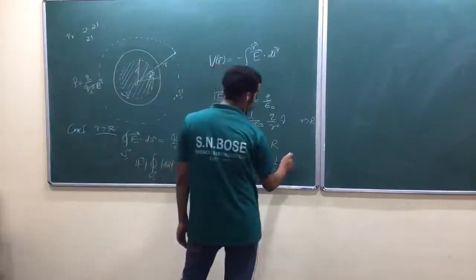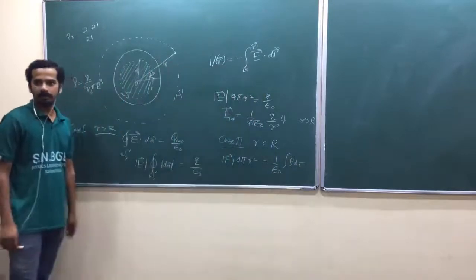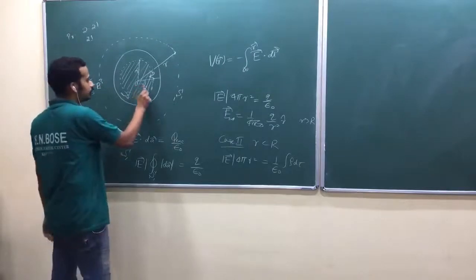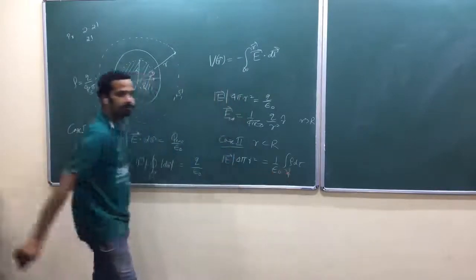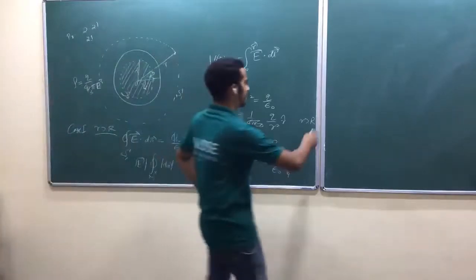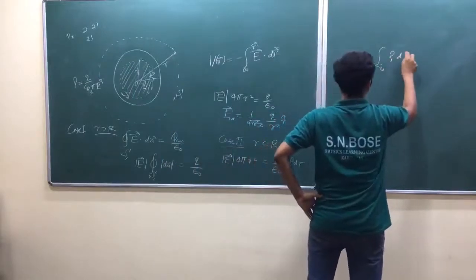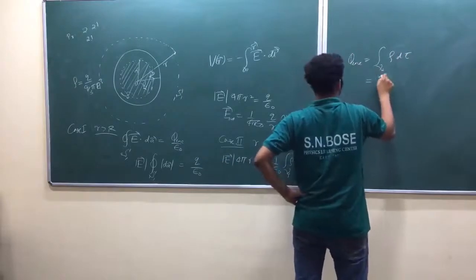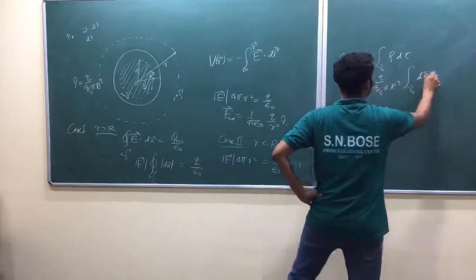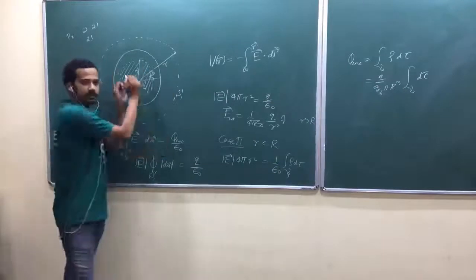Yeah, now look at here. 1 by epsilon naught into, can I write it as integral of rho dV2? Why? I need charge only within this surface S2. Can I call this one V2? V2 is the volume enclosed by surface S2. Is that okay? So now, how do you write Q enclosed? Integral over V2 of rho dV2. Rho is constant. What is that rho? Q by 4 by 3 pi R cube. What is this integral of dV2 over V2, throughout that volume? That is the volume of V2, isn't it?